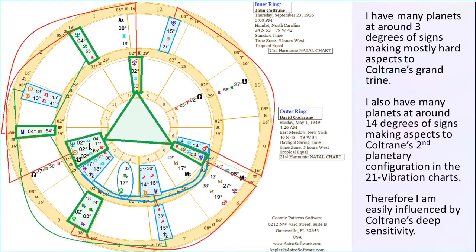On compatibility, we usually like half the normal orb. We like to see it within 2 degrees. And with a 2-degree orb, it's closer to a 3-degree orb, so this is weak. But there's a weak Sun, Neptune square my Neptune. They're same planet to same planet, by the way. Neptune, Neptune. So what we're seeing is that Coltrane's grand trine,